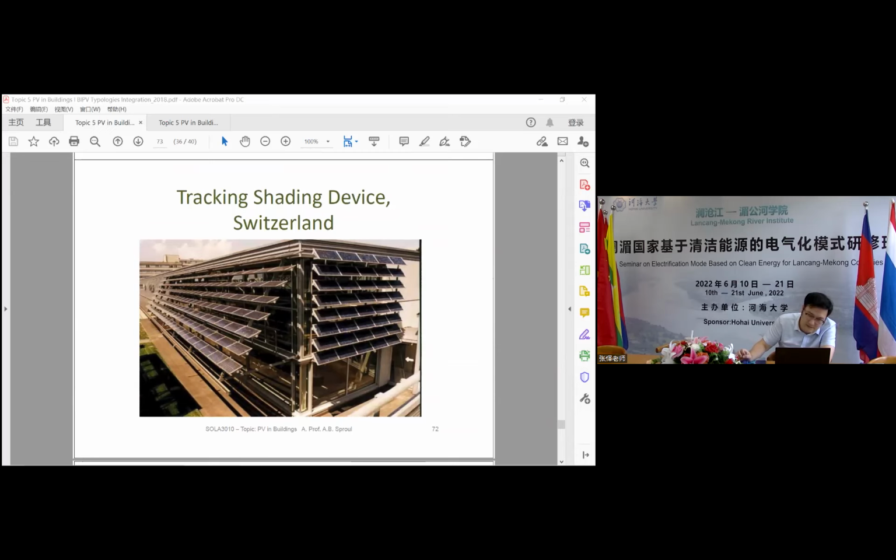The tracking system has rules. The tracking system means the PV panel can tilt or change its direction and track the sun, which means the performance of the PV panel can be relatively good along the whole day, getting the maximum sunlight for power generation. But this will